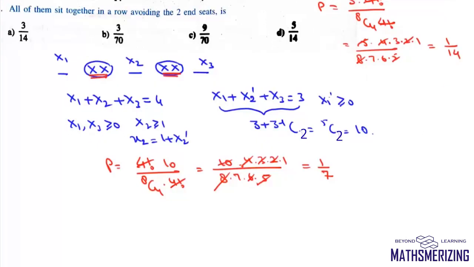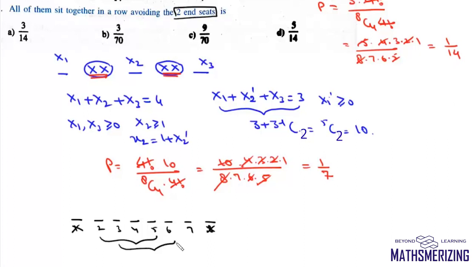Now the third part of the question is all of them sit together in a row, avoiding the 2 end seats. So we have 8 seats, 1, 2, 3, 4, 5, 6, 7 and 8. Now we have to avoid the first seat and the 8th seat. Now all of them can sit in either 2, 3, 4, 5, or 3, 4, 5, 6, or 4, 5, 6 and 7. So we have 3 choices, and then in the 4 consecutive seats, we can arrange them in factorial 4 ways, divided by